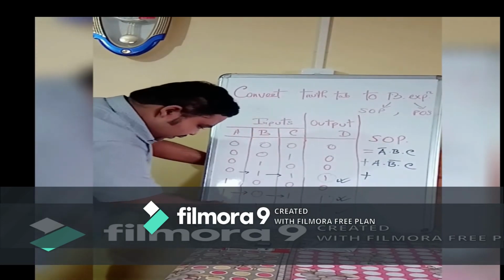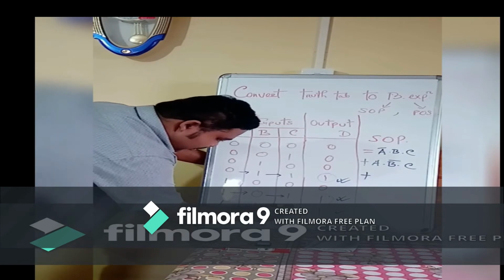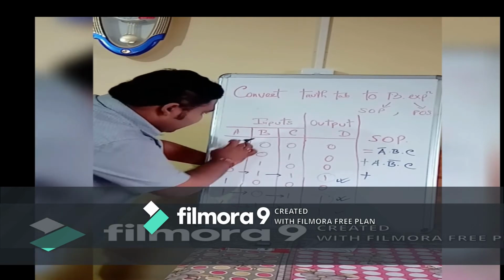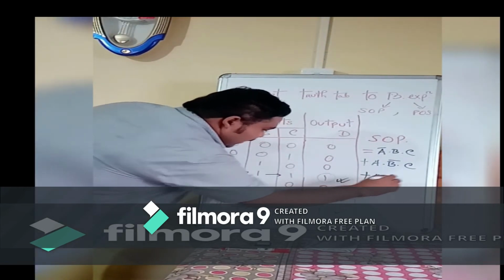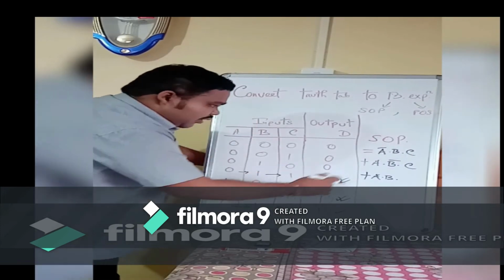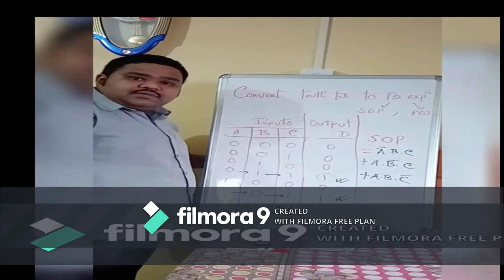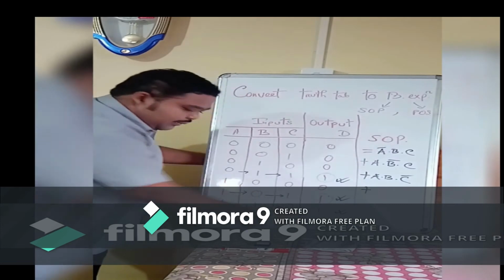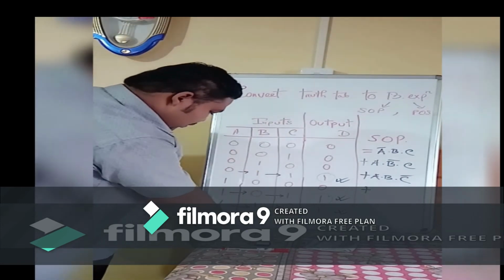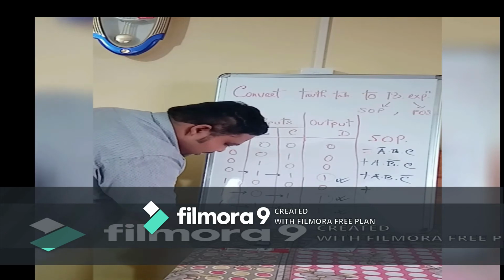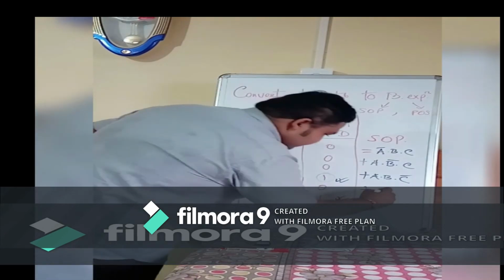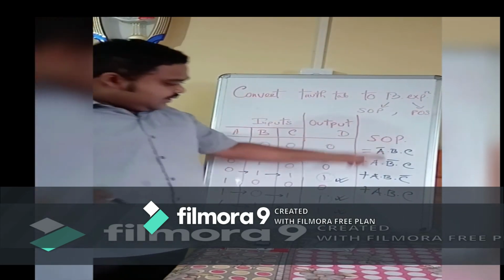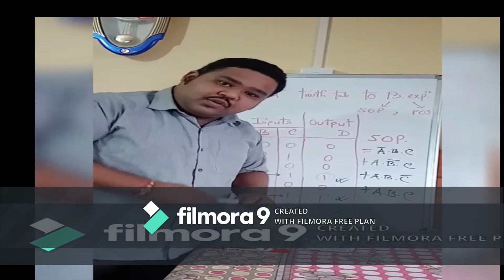Third one of the output. All three should be 1 for the output to be 1. A and B are already 1, but this is not 1, so C is not 1. What we have to do is take the complement of C. I hope you are understanding the thing. Now I am dealing with the fourth one of the output. So see, all these are 1. Nothing needs to change, just put A, B, C. So this is the required sum of products expression from this truth table.